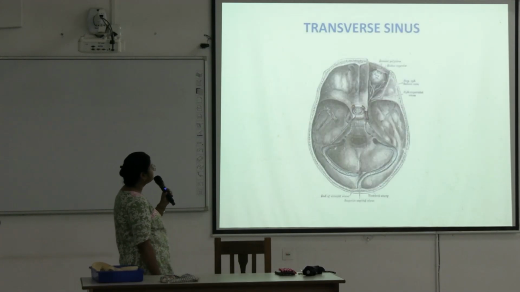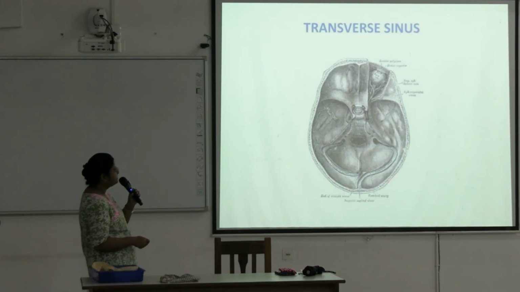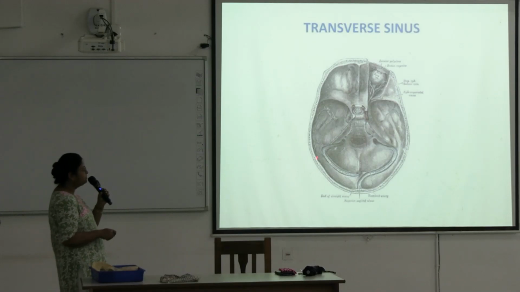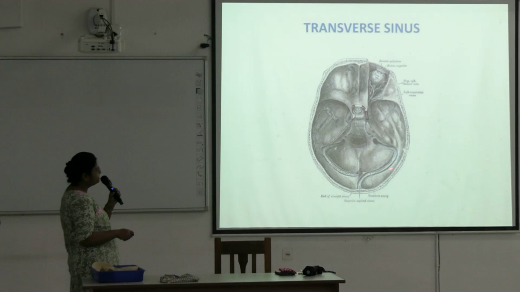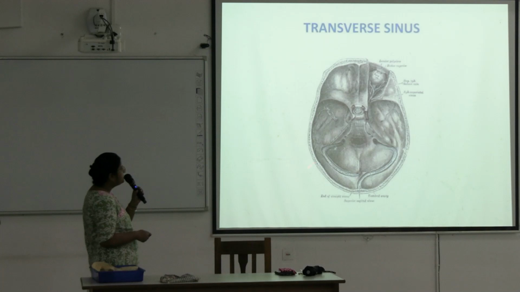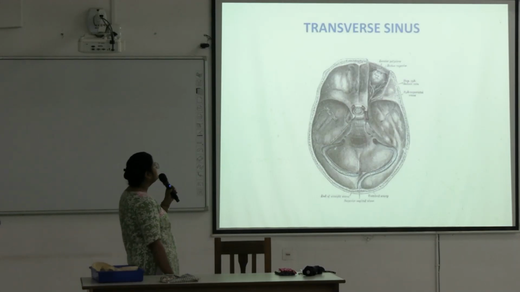Next, see here, the right transverse is continuation of superior sagittal, left transverse is continuation of straight, and they continue as the sigmoid sinuses. And sigmoid sinuses come out as internal jugular vein through the jugular foramen. And this transverse sinus is connected with the cavernous sinus via the superior petrosal sinus. Okay. Next